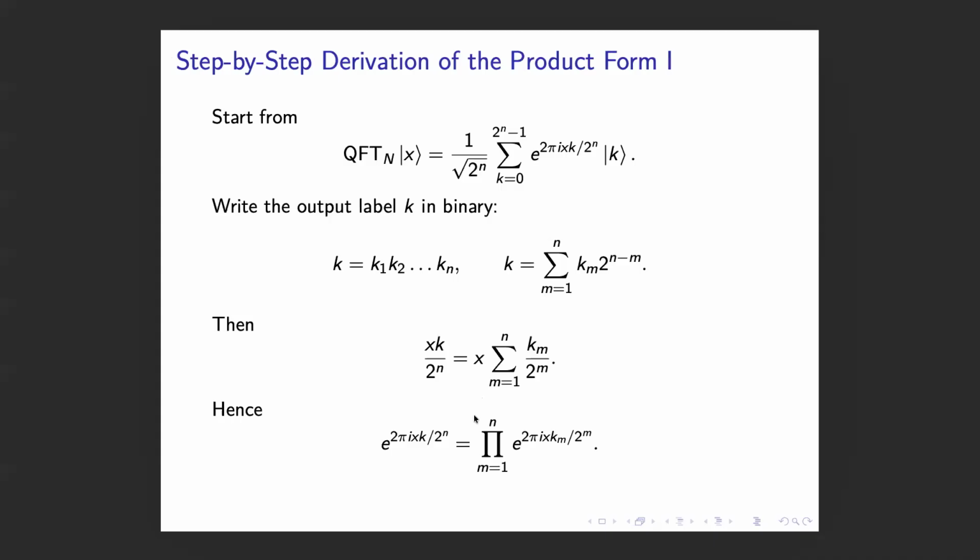But you can then see how you get this specific tensor product form, because what you have when you do the operations here, your state K, it contains this K1, K2, etc. And these are states then which can take the value 0 and 1. This K is something you would rewrite like this. And you know that when you have this exponential here, both X and K, where this X is just written like this formula. So this is what you have in here, X times K divided by 2^n. You can rewrite this K now in terms of this formula, which is the one which takes the integer representation